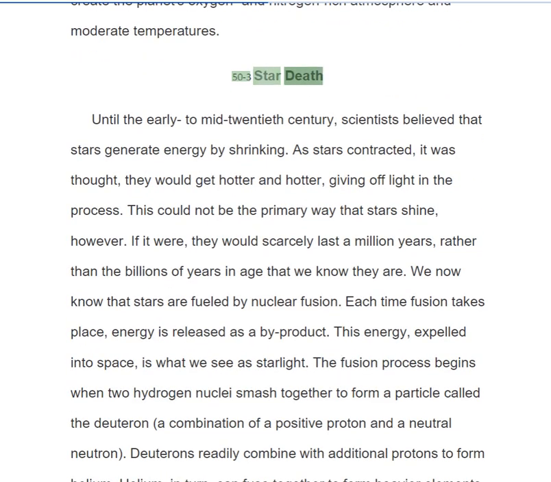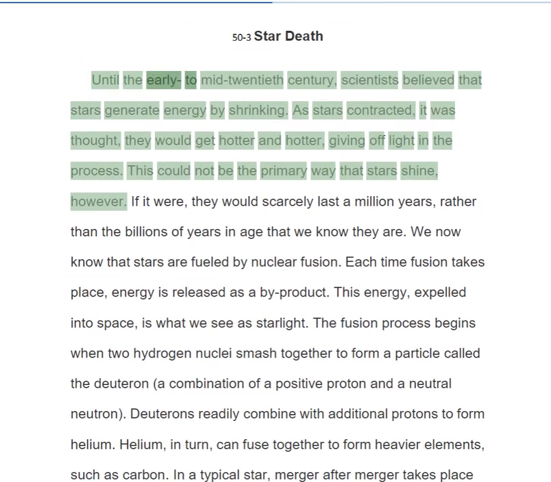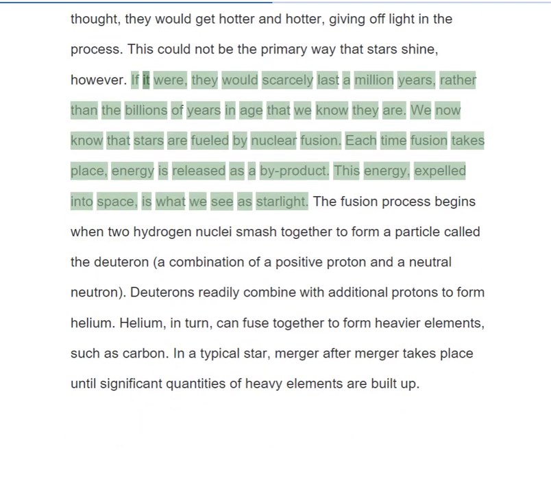Star death. Until the early to mid-20th century, scientists believed that stars generate energy by shrinking. As stars contracted, it was thought they would get hotter and hotter, giving off light in the process. This could not be the primary way that stars shine, however. If it were, they would scarcely last a million years, rather than the billions of years in age that we